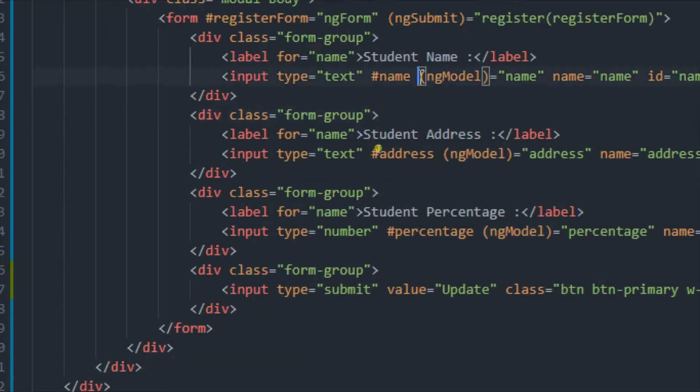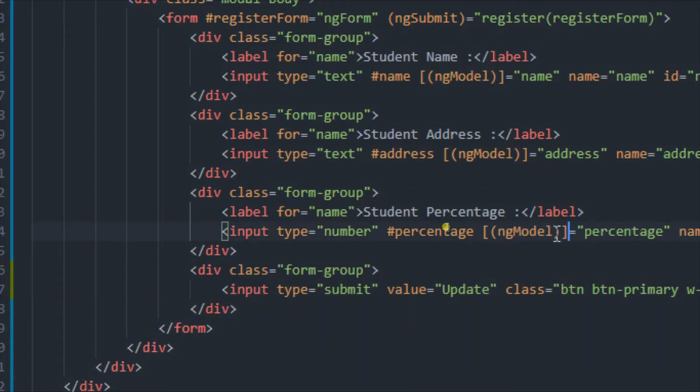Here in this ngModel, I will keep all these things in square brackets like this. So this ngModel is now in square brackets, and similarly let me copy this ngModel along with the square brackets and paste it below. So this is what is called two-way binding.